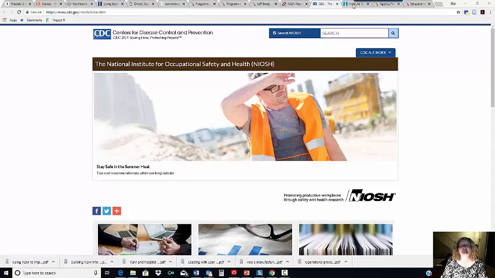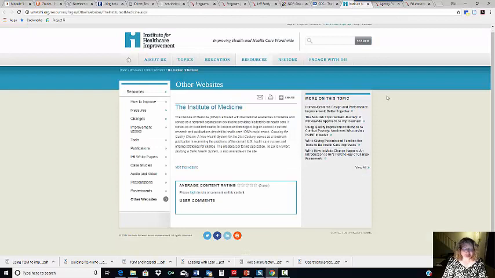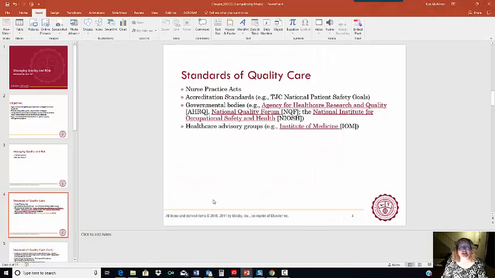And then we'll look at the Institute of Medicine, and they provide resources for leaders and managers. They also release certain important reports, such as Crossing the Quality Chasm, looking at what's wrong with the quality and what we need to do for our healthcare system. And To Err Is Human is the big landmark report on medication and medical errors. So let's go back to our presentation